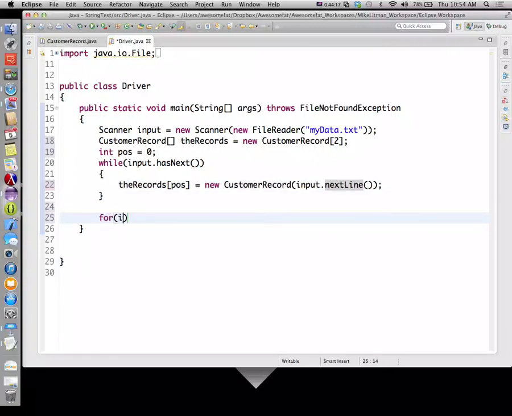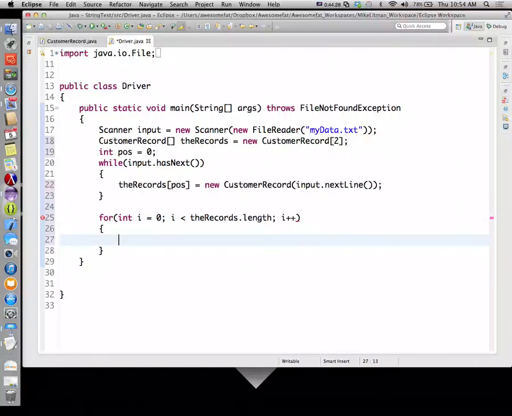Finally, I'll print out my customer records: for int i is equal to 0, i is less than the records dot length, i plus plus. And what will we do in here? We're going to go ahead and just say the records at bucket i, which is a customer record, dot display. So we'll tell each of those records to display themselves. They happen to be the same record, but